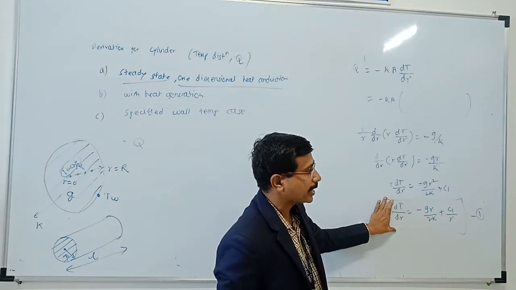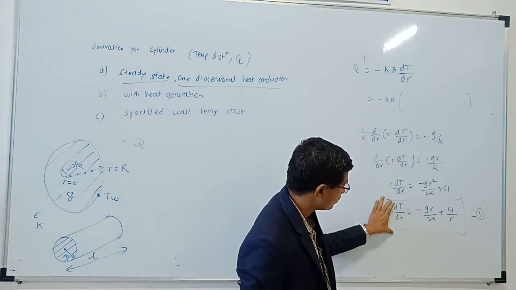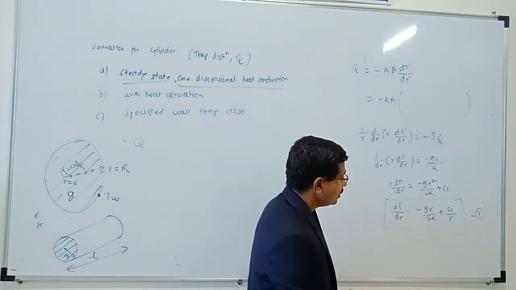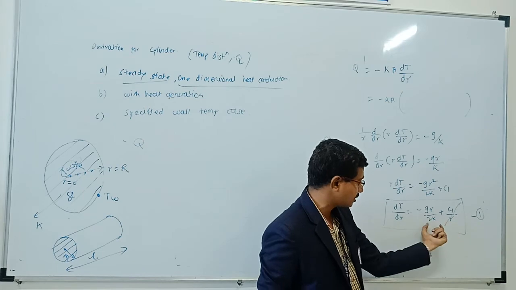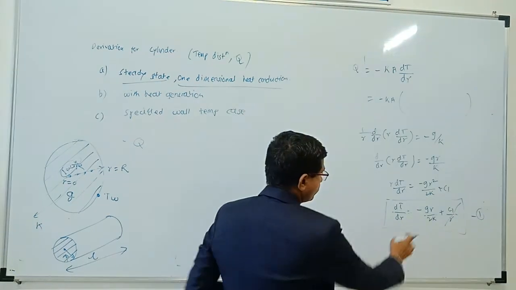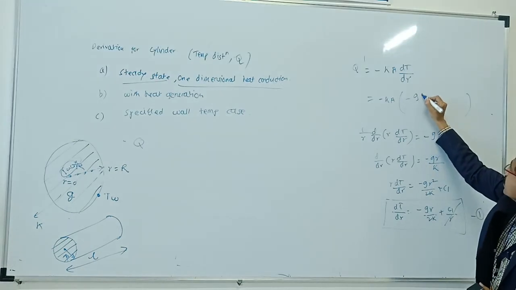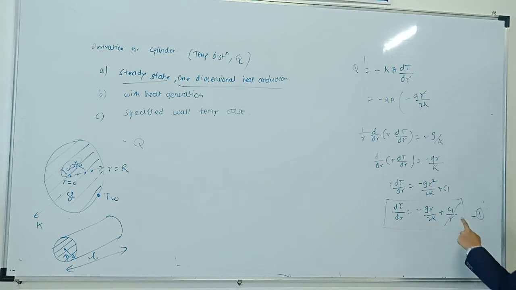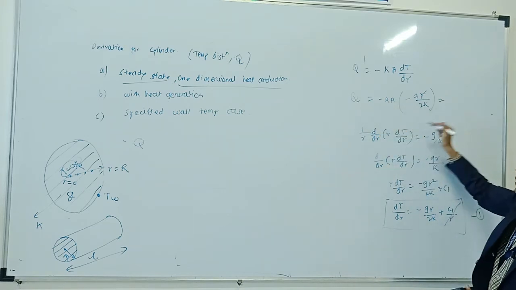dt by dr की वैल्यू क्या आई थी ये आपने ऑलरेडी लिखा है, मेरे पास नहीं था वो रद्द हो गया तो मैंने फिर से वापस लिखा. dt by dr is equal to minus gr by twice a plus c1 by r. इसमें से ये टर्म तो कैंसिल हो चुकी है. क्यों? क्योंकि c1 की वैल्यू 0 आई थी, सिर्फ एक टर्म बची थी. तो dt by dr क्या है? जस्ट पुट इट हियर. इट इज माइनस gr by twice a. ये टर्म ऑलरेडी कैंसिल हो चुकी है. क्यों? क्योंकि c1 0 है. तो व्हाट इज आंसर ऑफ कैपिटल Q?